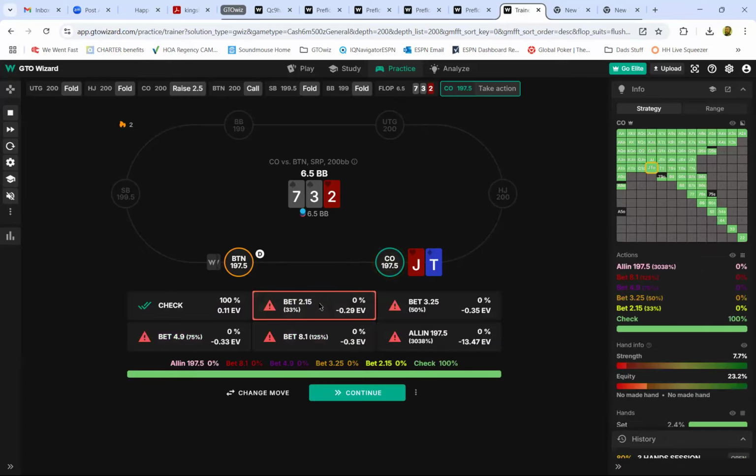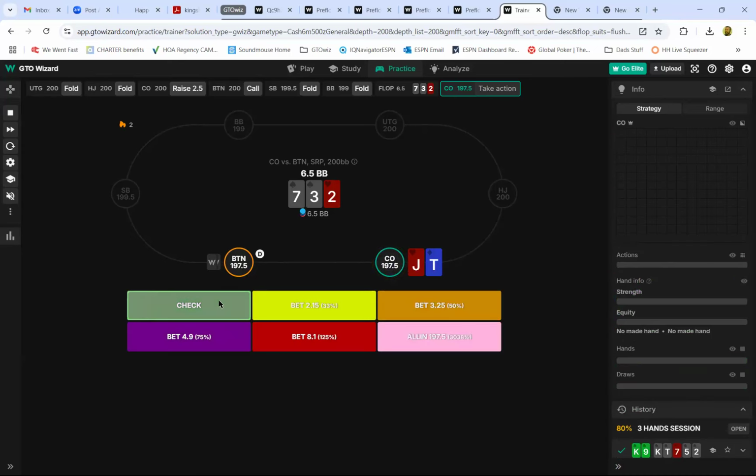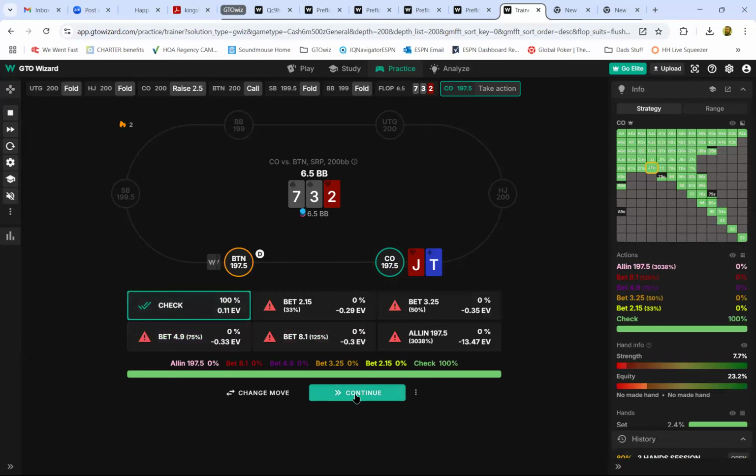Yeah, pure check range board there. Let's change it to a check so that we can continue with the hand, which we knew would be right. A check would be good. We just thought there might be some frequency of betting there. So we check,